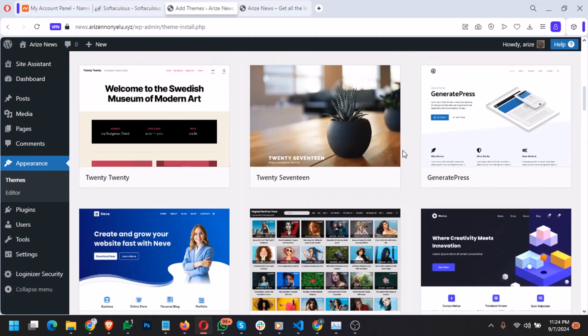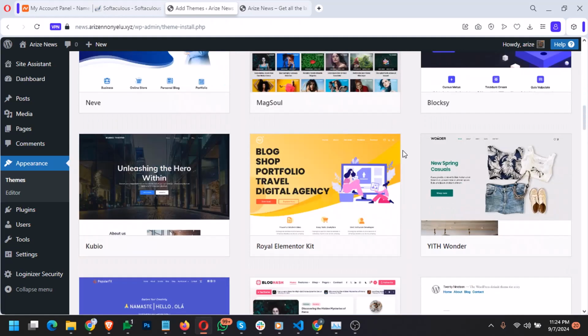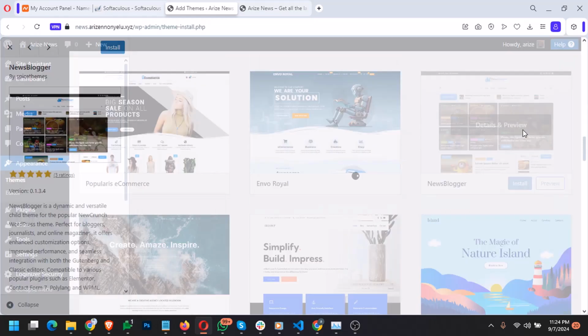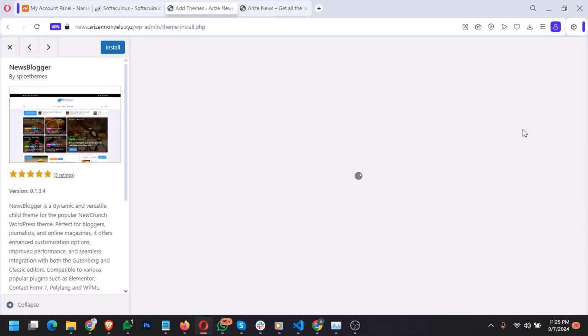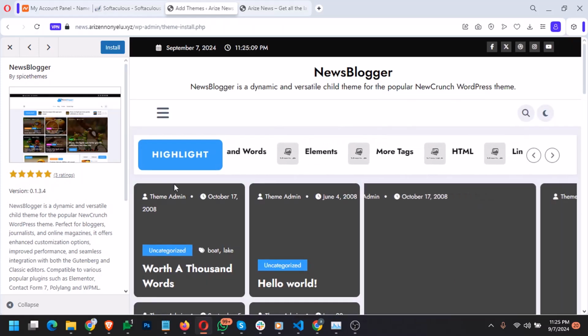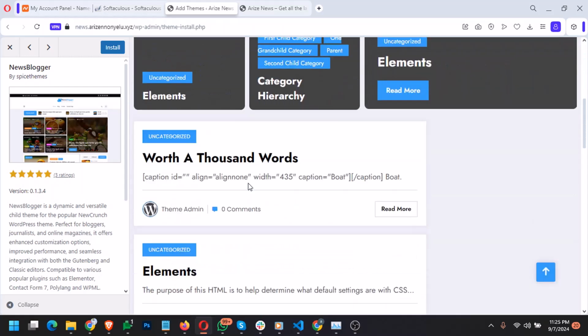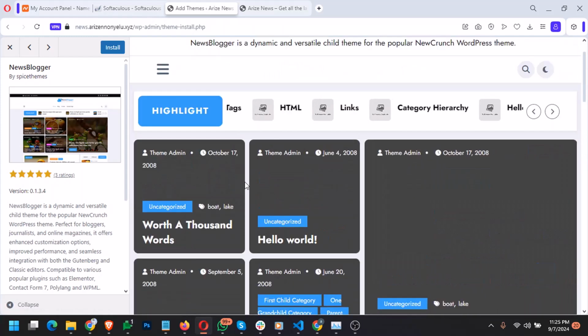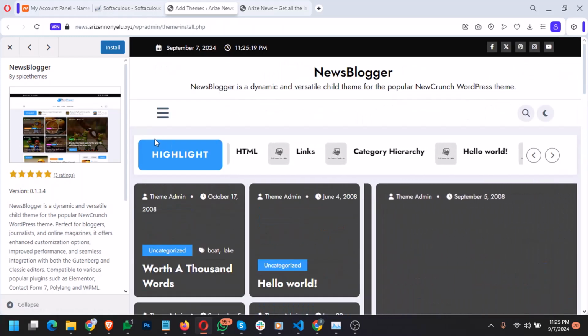I think this should do. I think this news blogger should do. So let's preview it and see how it looks. So far we have 3 ratings for this theme. It's a dynamic and versatile child theme, popular and stuff like that. So now the thing is, sometimes if you install a theme like this, what you are seeing in the demonstration is not what you will see, because we are looking at